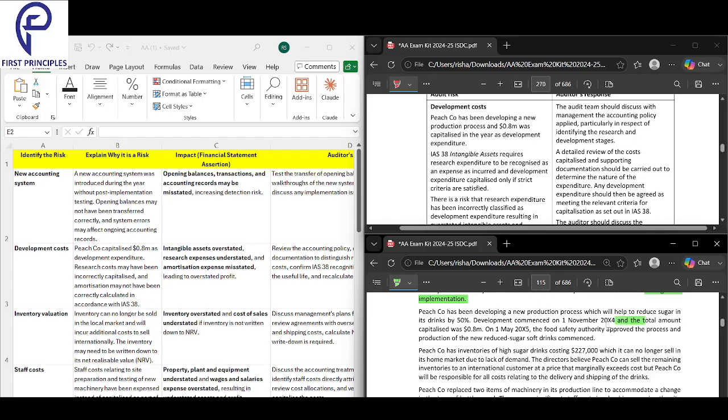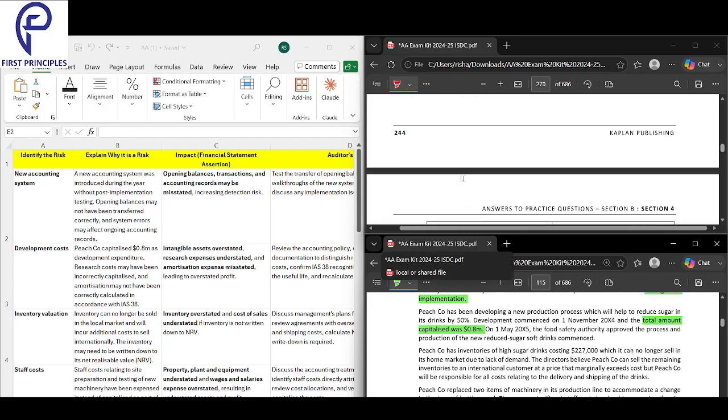So see, whenever they say all the amount has been capitalized or total amount is capitalized, there is a risk. Because maybe some amount should not be capitalized. Why have you capitalized the full amount? If you want to capitalize, you have to meet the criteria. Maybe some cost did not meet the criteria. Why have you capitalized the total amount? That is the problem.